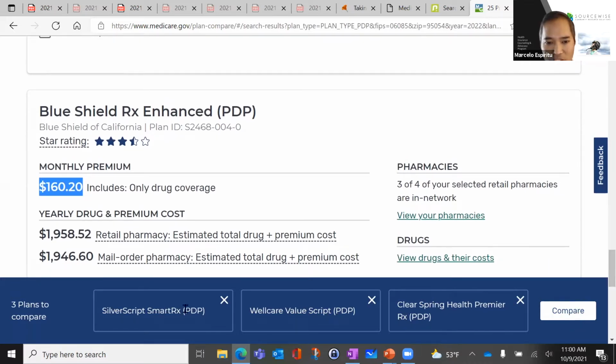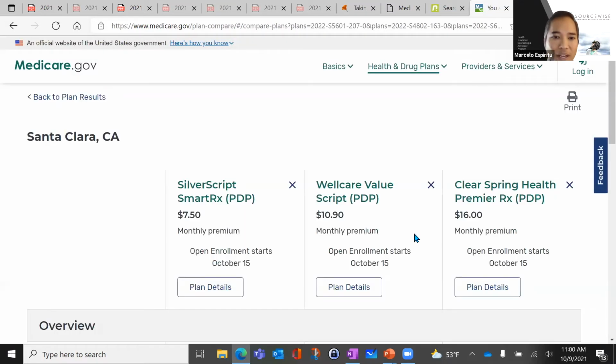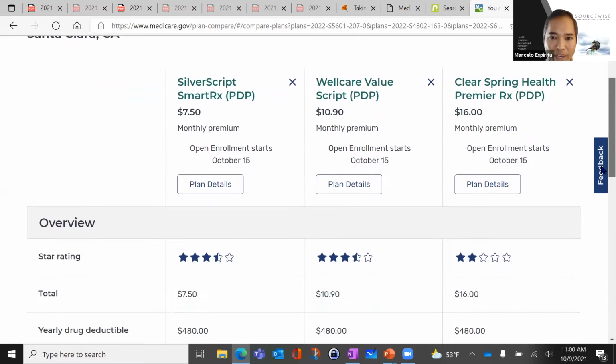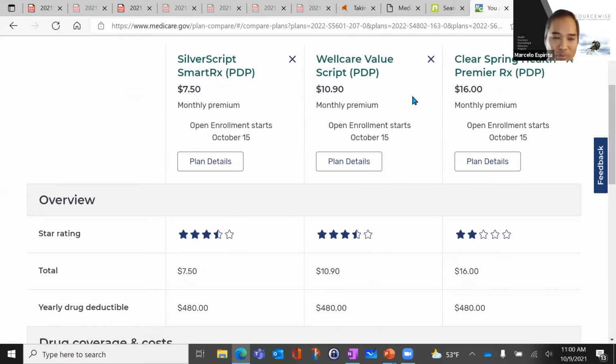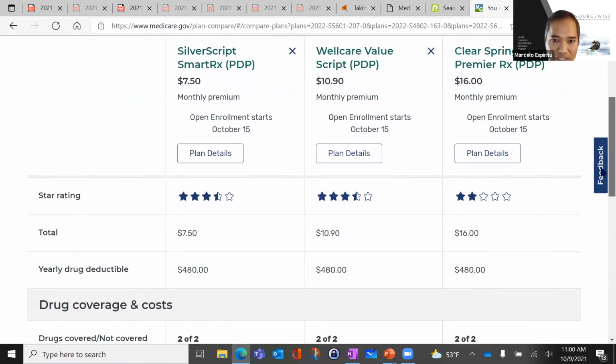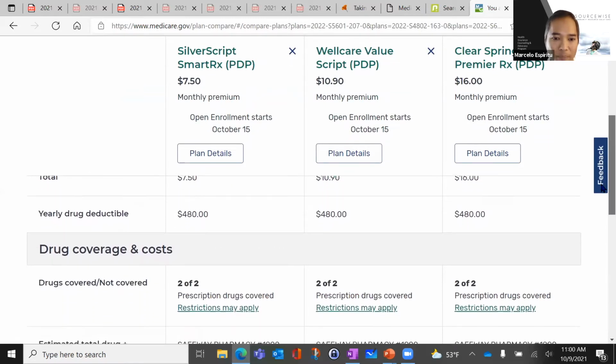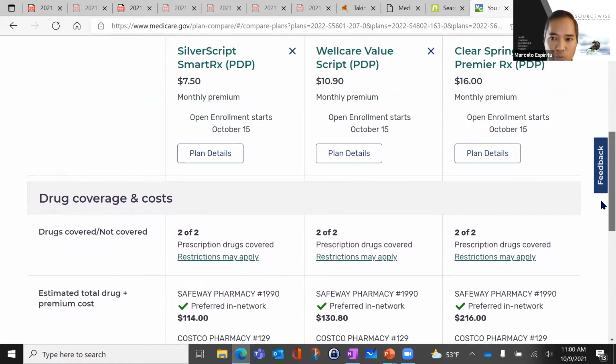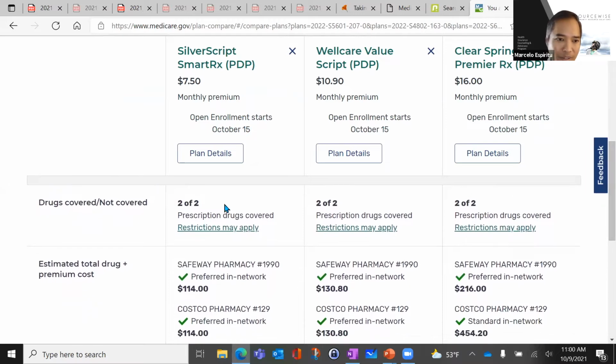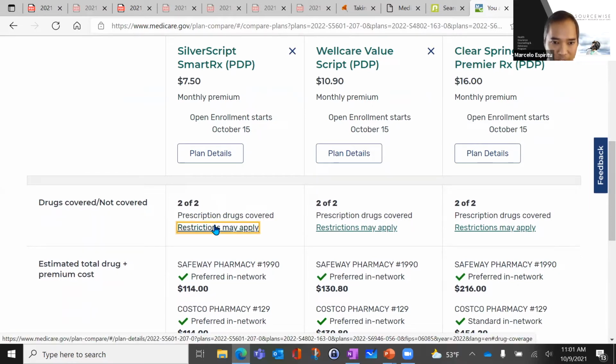So I'm going to compare these 3, the top 3. And when I do that, you'll see side by side, it will show you the premium amounts. Again, you don't want to pick based on premium, but in this case, it happens to be true that it provides the lowest cost. As you scroll down the details, cost isn't the only factor, but there are restrictions that may apply. And this is a very important thing to look at. So if I were to look at the restrictions of this SilverScript plan,